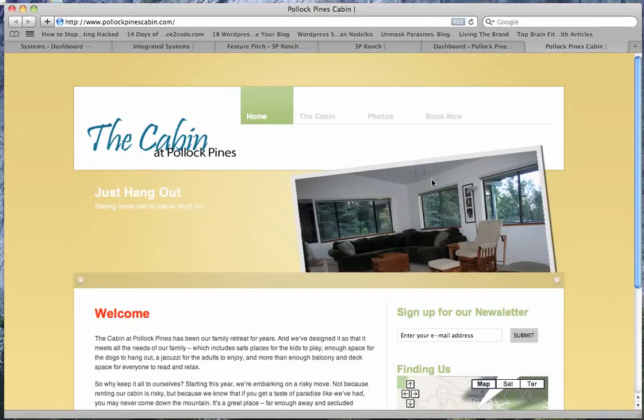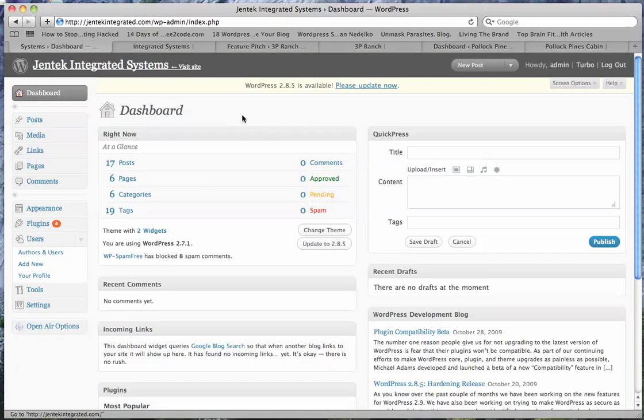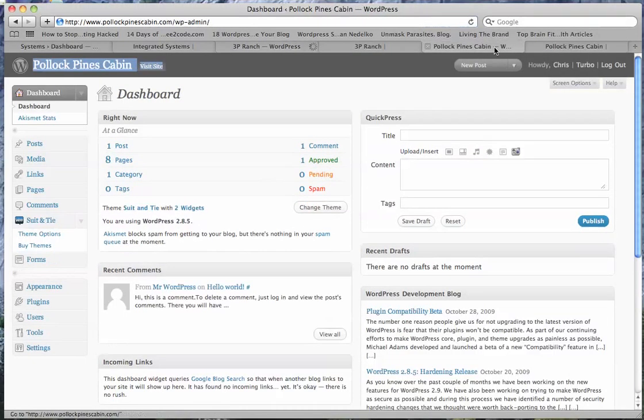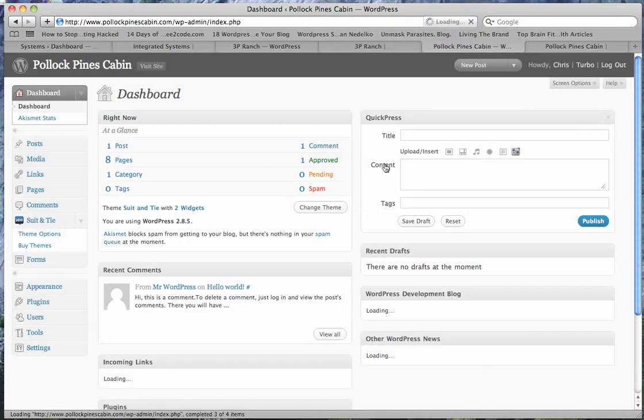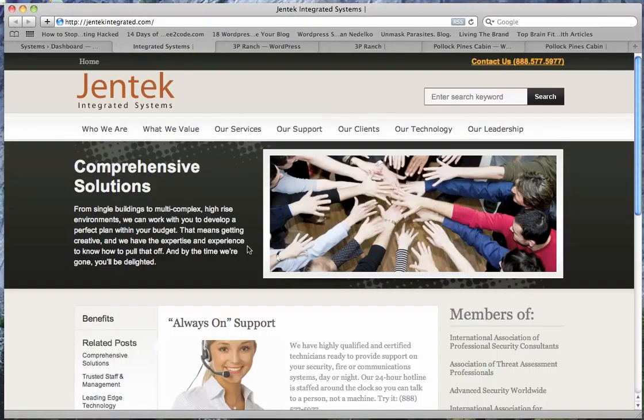What's most important is that manipulating content for any of these sites is all the same because they all use the same underlying infrastructure, a product that we can manipulate through a content management system that's called WordPress. And so what I'm going to be doing is walking you through how to effectively use WordPress to manipulate the content on your site. So let's start with the simplest thing, which is when you're looking at a page and